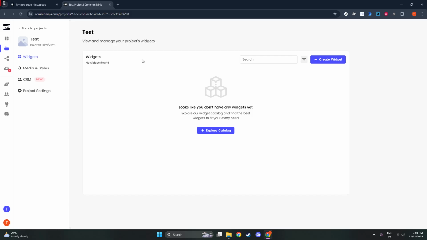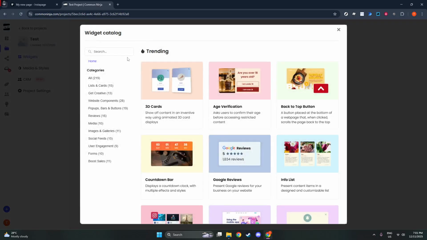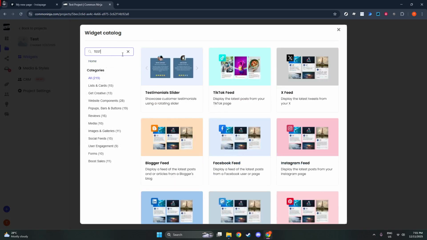Head to the Testimonial Slider page and begin building your slider. Choose a template that suits your brand, then customize the text, images, and star ratings for each testimonial. You can adjust layout styles and colors to match your page design and make sure images are cropped consistently for